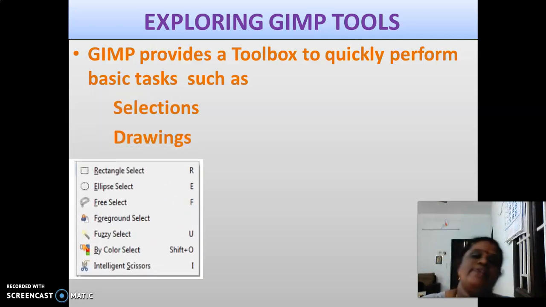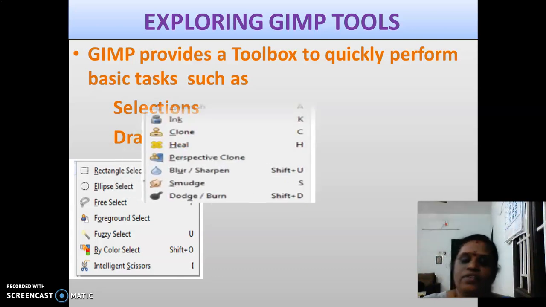Yes, this is the selection tool. Okay, rectangle select, elliptical select, free select, foreground select, fuzzy select, bicolor select and intelligent scissors. So these are all the selection tools available in your XIMP. Okay, so we are going to see in detail about these selection tools.